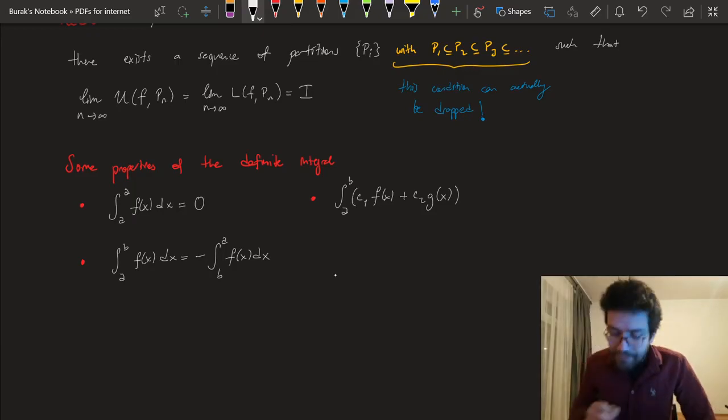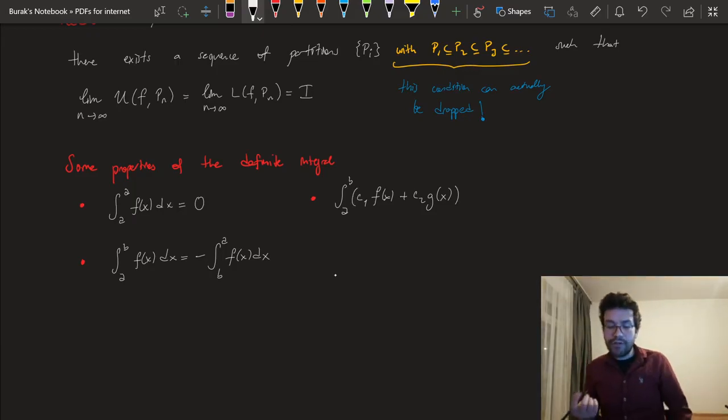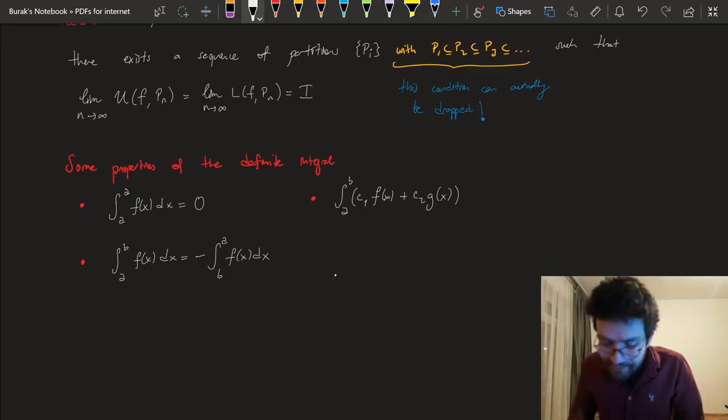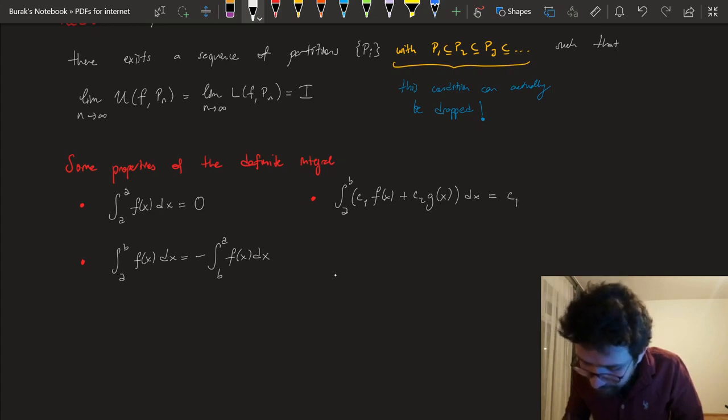If you have constants c1 and c2 and functions f and g, the integral of c1 f(x) plus c2 g(x) from a to b is the same as c1 times the integral of f from a to b plus c2 times the integral of g from a to b